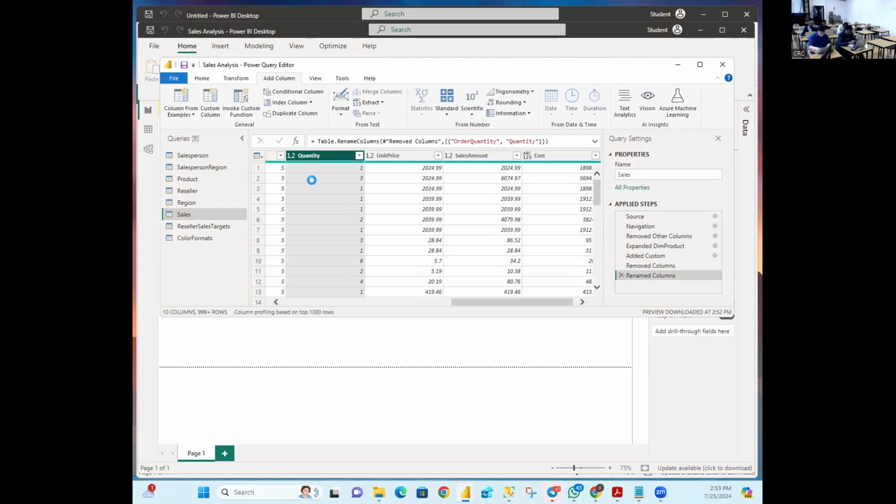If anybody is asking you tomorrow what you do when you are transforming your table, when you are reshaping your table, when you are